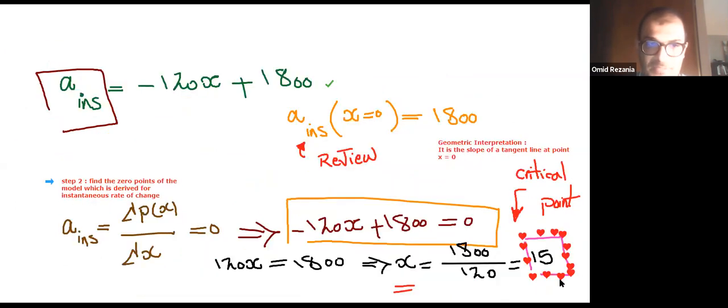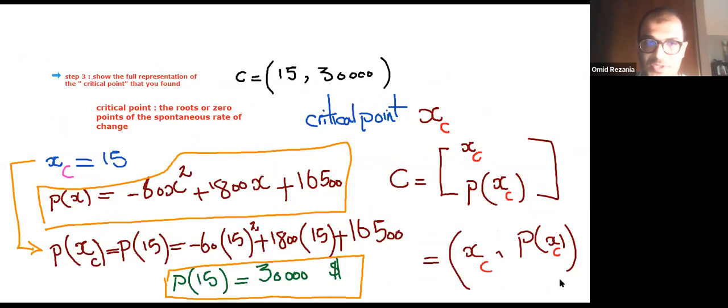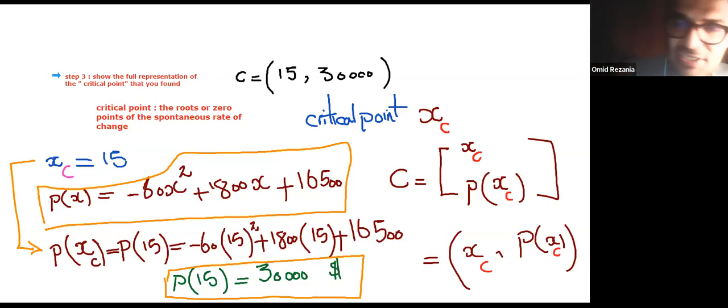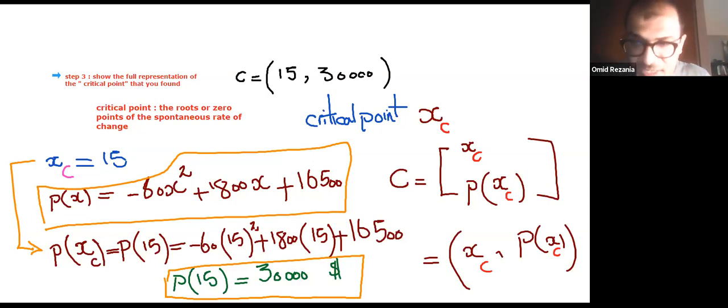Step number 2, find the zero points or the roots of the mathematical form of the instantaneous rate of change. Step number 3, find the full representation of your critical points. It means that you plug your x of c, which is the root of your instantaneous rate of change, into the full equation. Then we are done. Now we are able to find the critical point, which is going to be the point where the function behaves